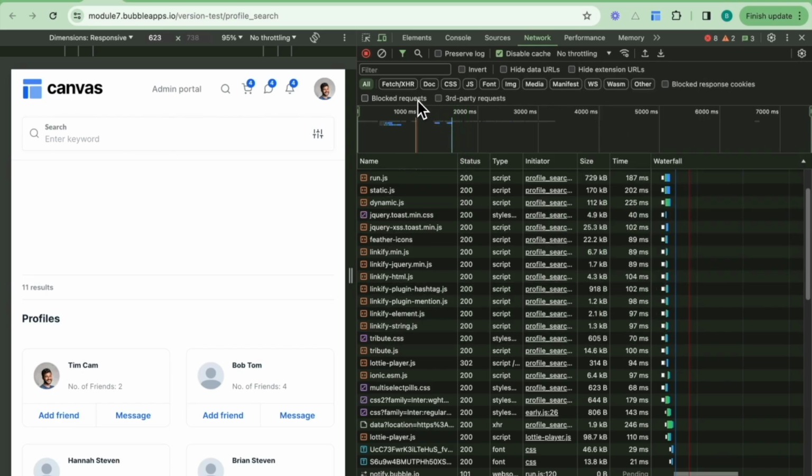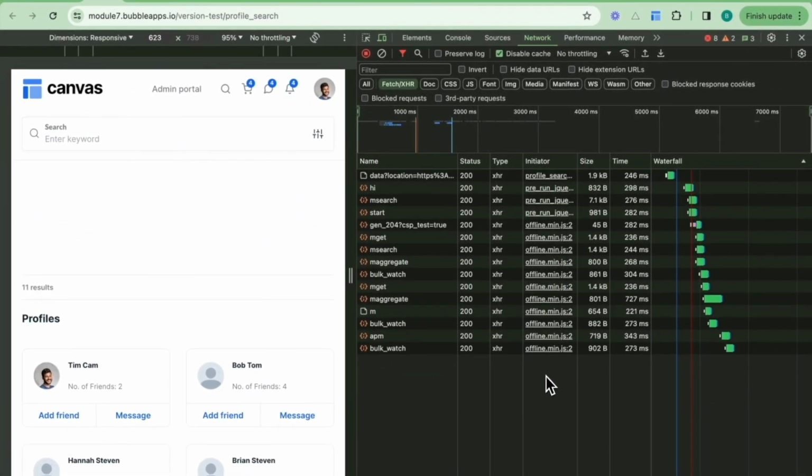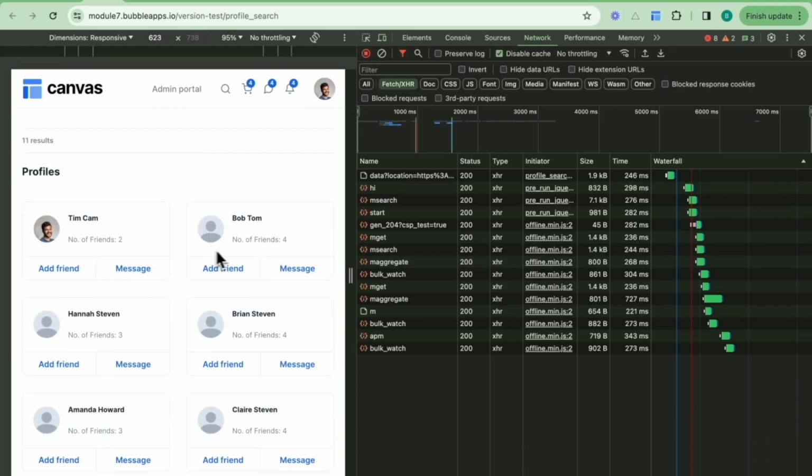So what we do is we use this filter, Fetch/XHR. What this does is it filters the requests to only include the downloaded information. That's useful for us because we can more easily relate it to the actions that we as developers have undertaken in our editor. So let's walk through an example of exactly what I mean here. We can see here we've got these m-searches. An m-search relates to a search that we have set up. So for example, I've set up a search in my Bubble editor